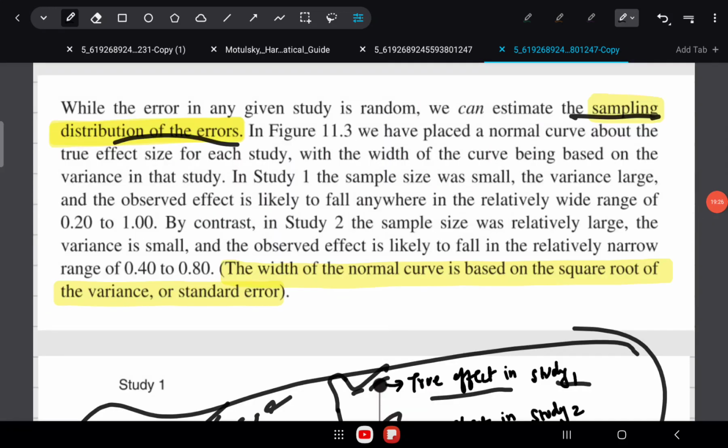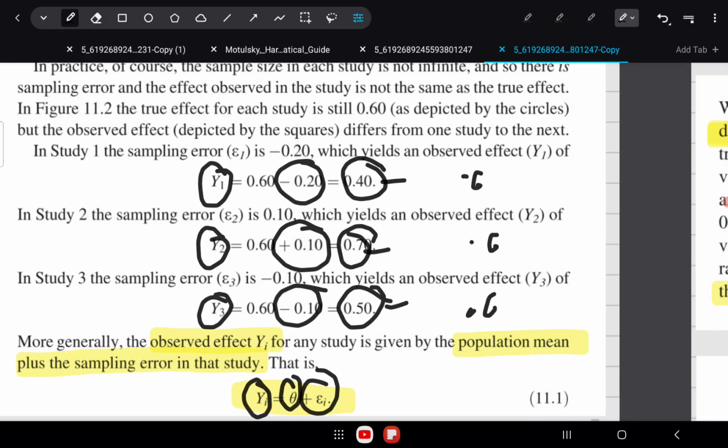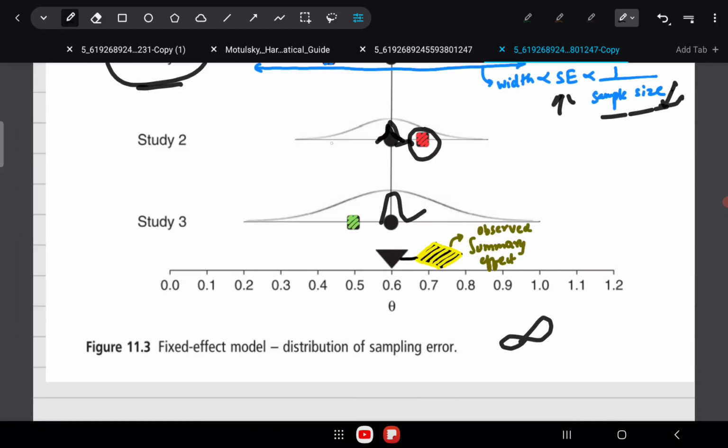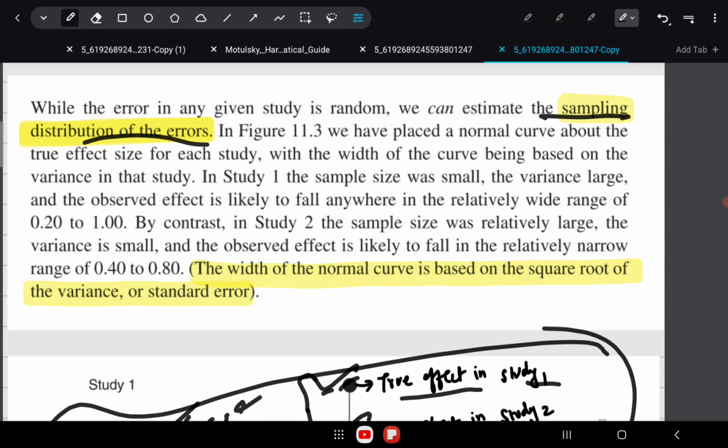So the distribution that I just showed you, the distribution of sampling error, the width of that distribution is based on the square root of variance, or standard error. So this width is proportional to the variance. And you know what variance is?